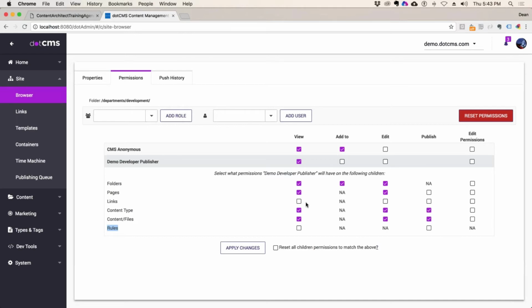Sometimes even menu links. Some webmasters don't want to give publishers the ability to affect local navigation items. So sometimes they even stop menu links from being applied. Let's go ahead and do that though. And if I applied the permissions right now,